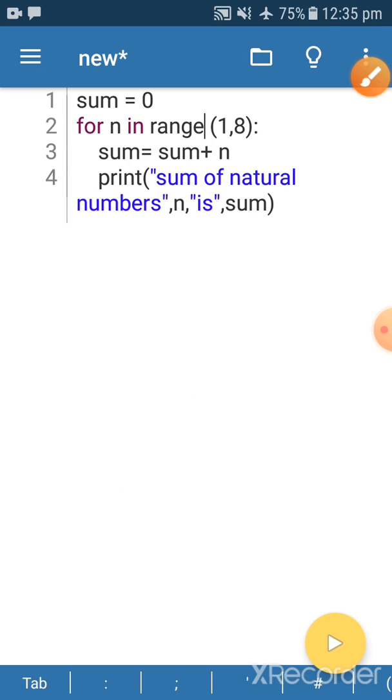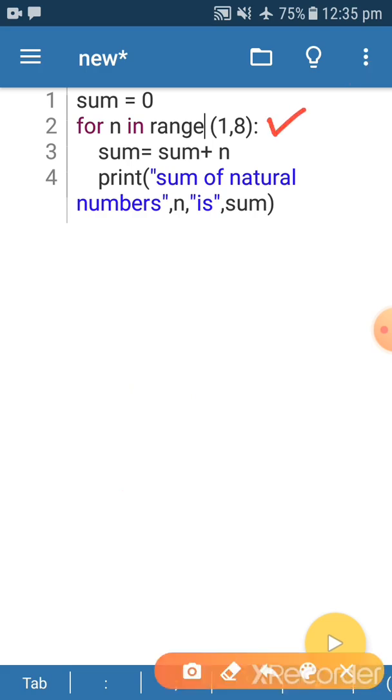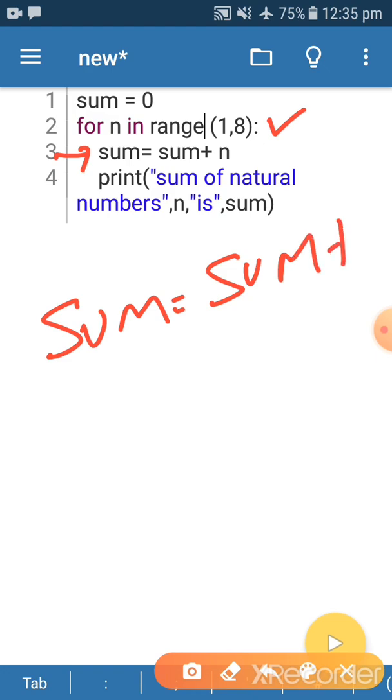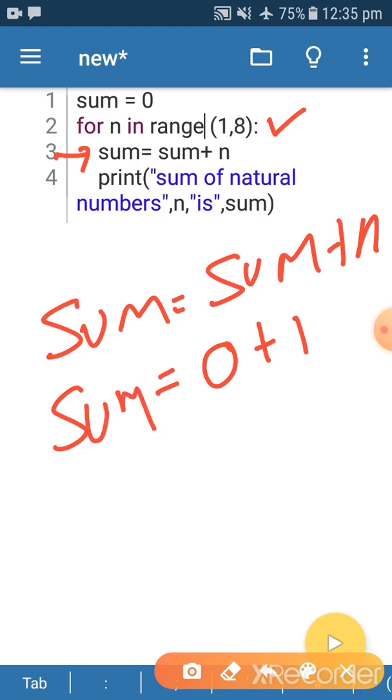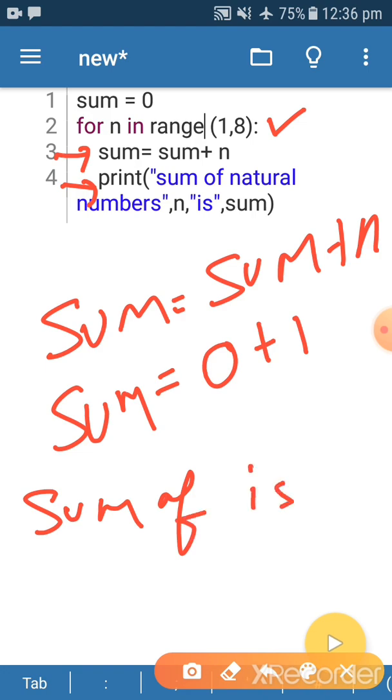Now when n is 1, it will enter inside this, that is sum is equal to sum plus n. Sum is 0, n is 1 here. Now sum value is 1. This message is just after the sum, so it will show the full message, sum is 1.